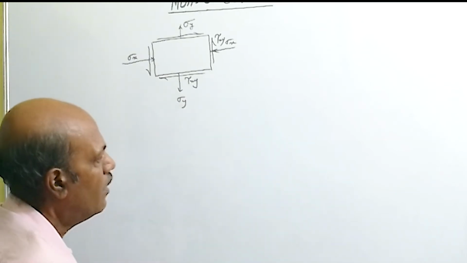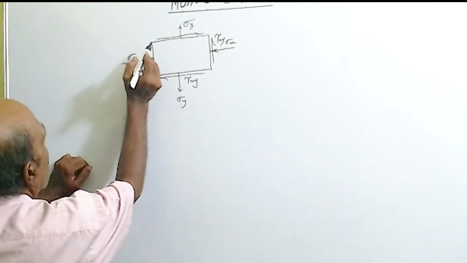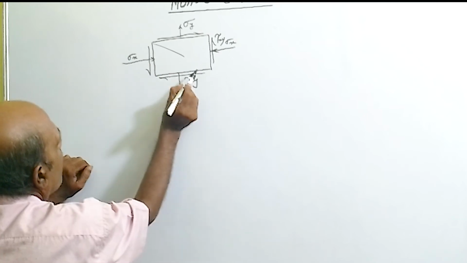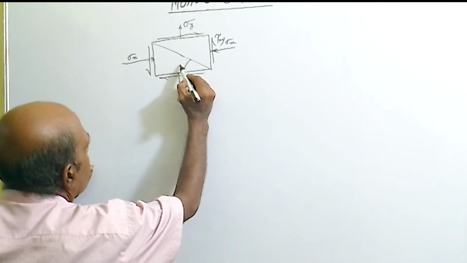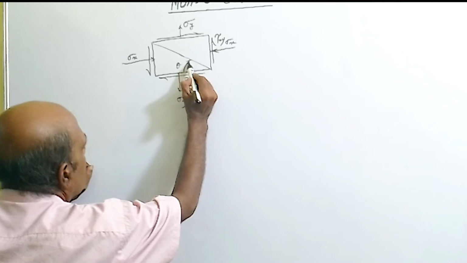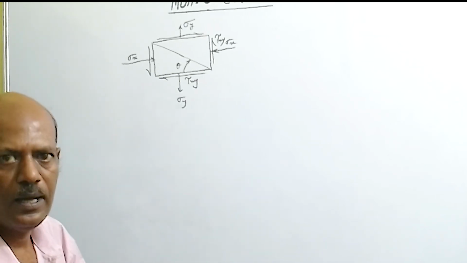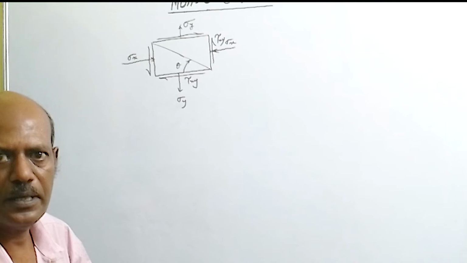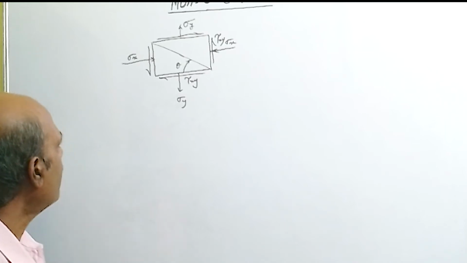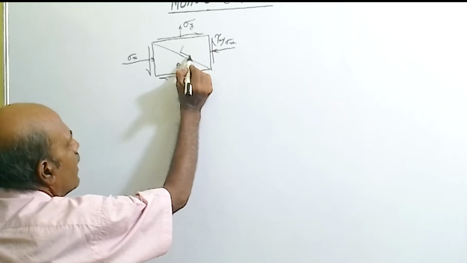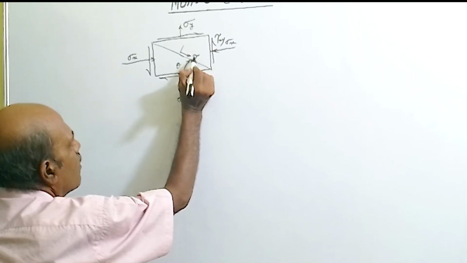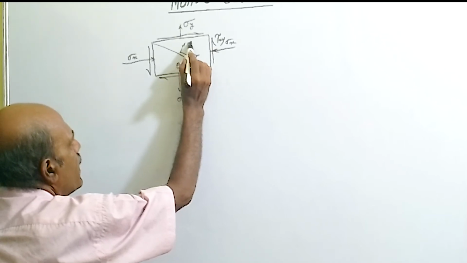And the position of the inclined plane: let the inclined plane make an angle theta in clockwise sense from the x axis. So this is the theta with negative x direction. Now we have to find out what are the sigma n and tau values developed on the inclined plane